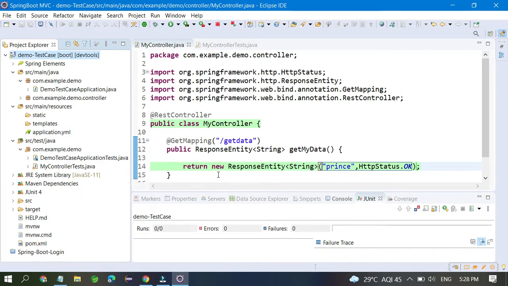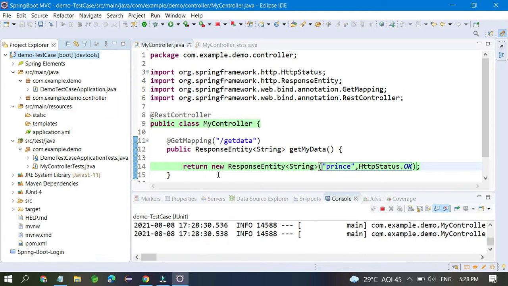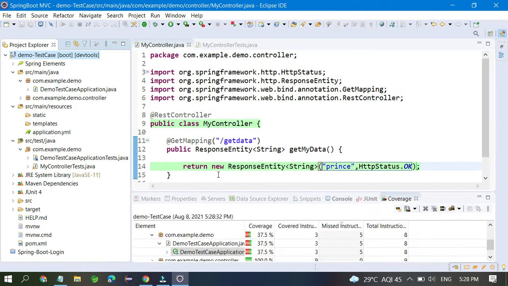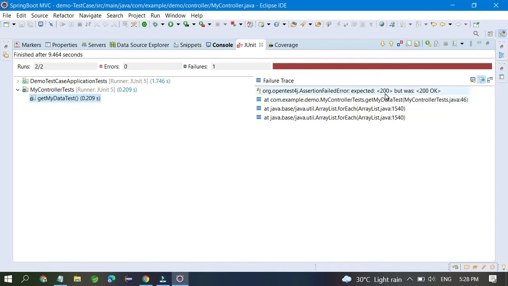Now you can see how many test cases failed or not failed. Right now you can see again one more test case has failed because it is expecting 200 but 200 was coming.